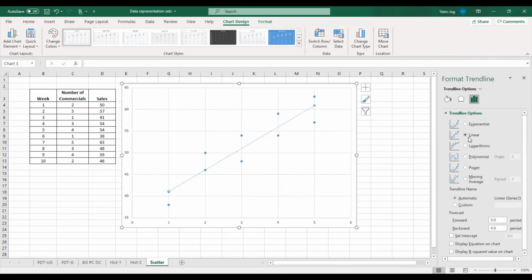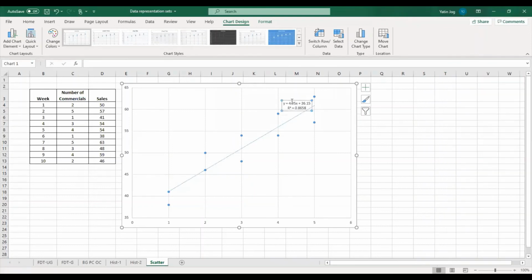But our focus in this course will be on linear relationship. You can also click on display equation on chart and display R squared value on chart, just for your reference. We are going to discuss all these things on day number 4 in regression. And just increase the font size for better visibility.